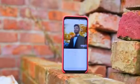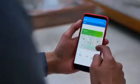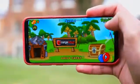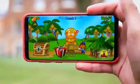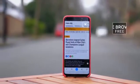It's been a long time coming, but Android applications are finally back, and in this episode we have some of the best applications you've seen in 2018. And as always, I'm going to save my personal favourites till the end, so watch out for those, and let's get started. The first app is a browser, and it's called Cake, and it takes a slightly different approach to